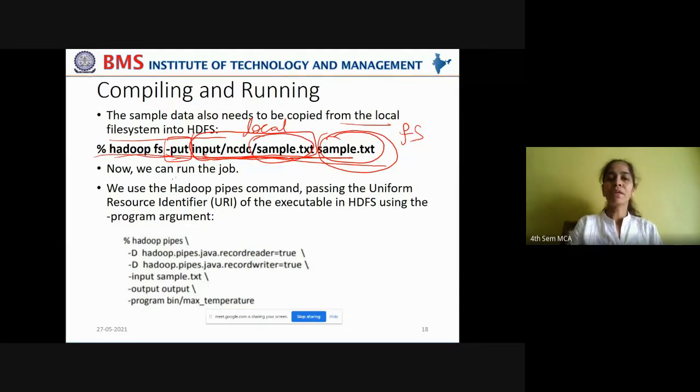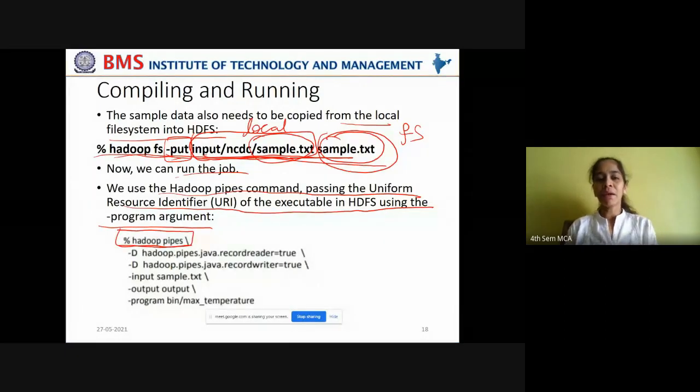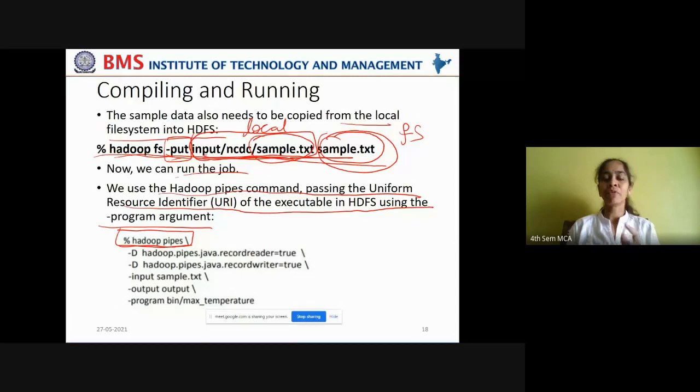Okay, now we can run the job. We use the Hadoop pipes command, passing the uniform resource identifier of the executable file in HDFS using the -program argument. First invoke Hadoop pipes. When you invoke this, you are telling the compiler to expect a file written in C++, which has to execute the MapReduce job.